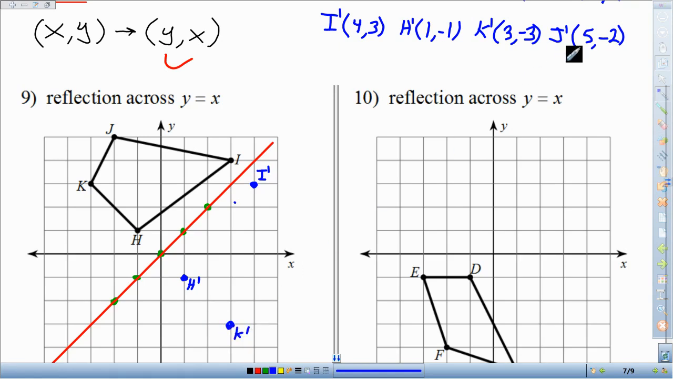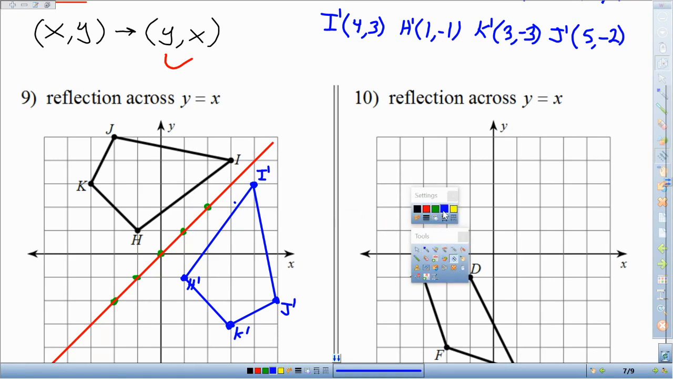And J prime is at +5, -2, to the right 5, down 2. Okay, and let's connect these dots and see if this is looking good. Again, I'm going through this quick, so please pause the video if you need to. All right, and you guys can see we have a nice perfect symmetrical reflection over the line of y equals